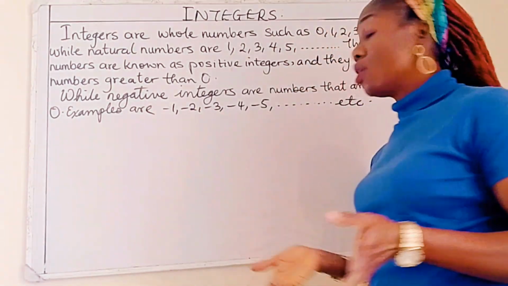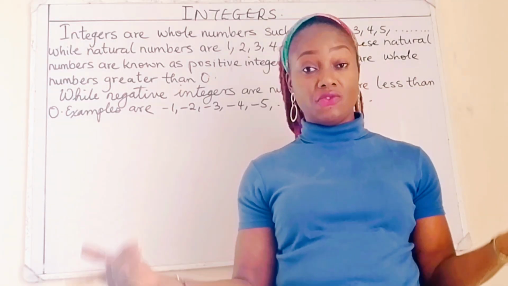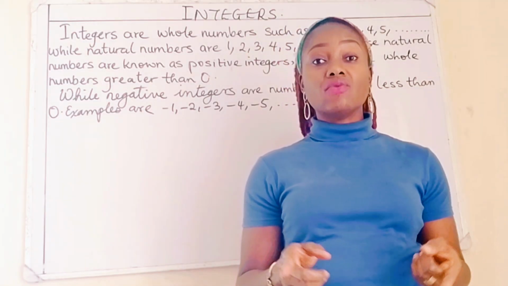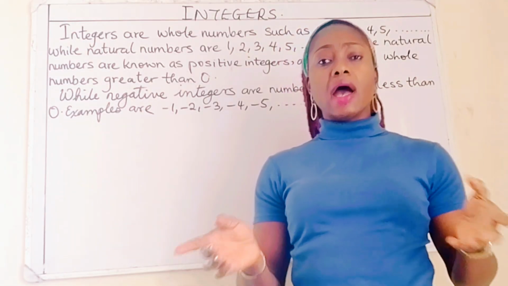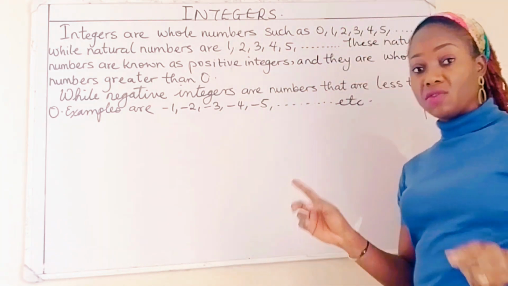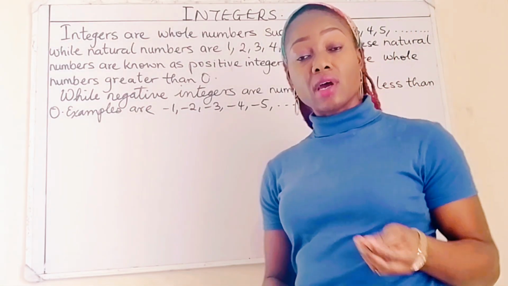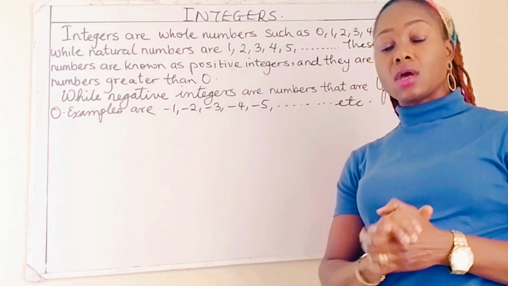So what are integers? Integers are whole numbers such as 0, 1, 2, 3, 4, 5 till infinity. But we have natural numbers. And what are those natural numbers? They are numbers from 1, 2, 3, 4, 5 till infinity. And these natural numbers are also known as